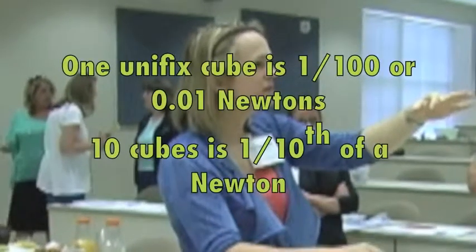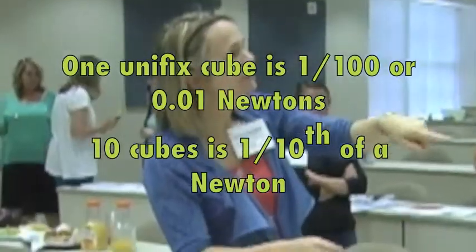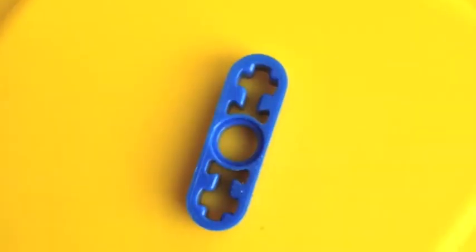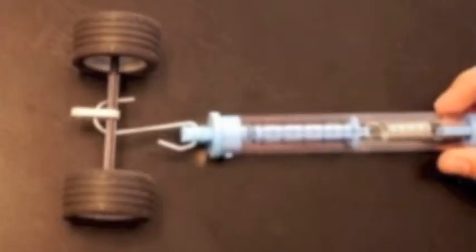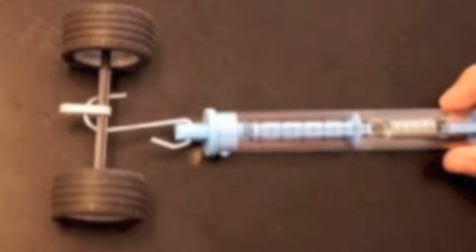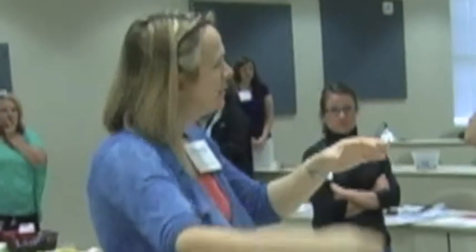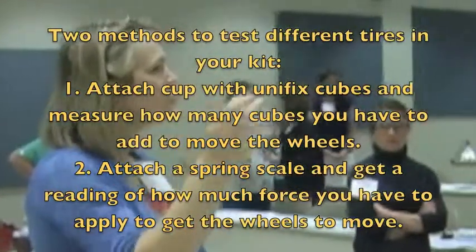You could even have the tire on a string and put Unifix cubes in a bucket and see how many Unifix cubes it takes to slide that tire. But you don't want the tire to roll. There's a special piece in your kit. It's a special little Lego that you can put a shaft through and it won't turn. And you can set that up with some wheels on it and pull on those wheels with your spring scale, or tie a string and put a bucket and drop cubes in the bucket and see which wheels have the